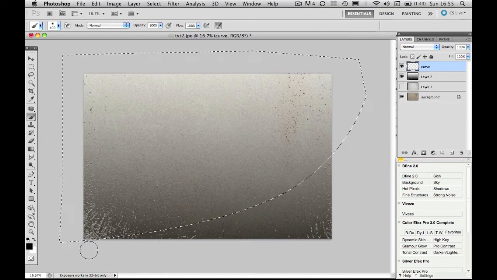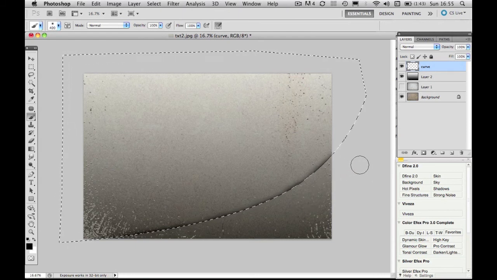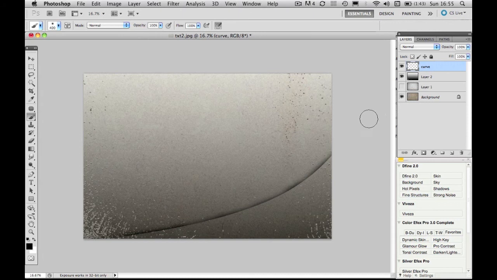And if I crack on and do it, you'll see what I mean. So I'm just going to come around here a little bit, and you can probably see that that is just spilling slightly over that line. And it can be a little bit rough. Just be as subtle as you can with that. That's fine. When you've done that, do a Command or Control D on the keyboard to deselect that selection, and you'll see we've got a bit of a thing going on there,